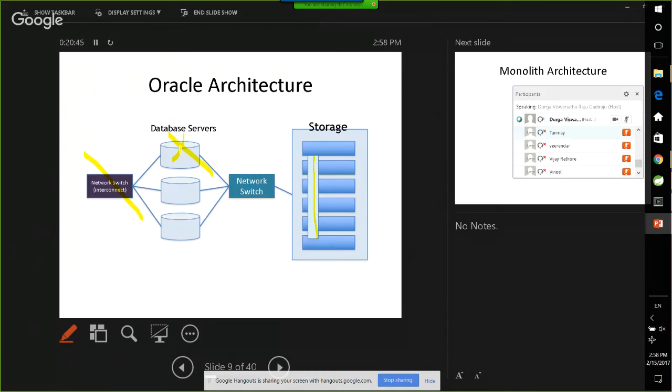The main thing you need to remember is that in traditional RDBMSs, by adding capacity like this, the scalability will not be linear. One reason is global enqueues. The second reason is integrity constraints and all those things. There are several reasons. You don't need to get into too many details at this time. If you are interested, you can explore it, or we can take it offline, but keep that in mind. It will not scale linearly. That point is important. How much it can scale depends upon the complexity of the application.